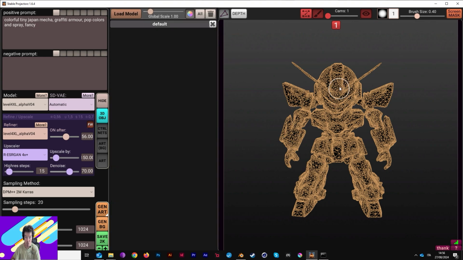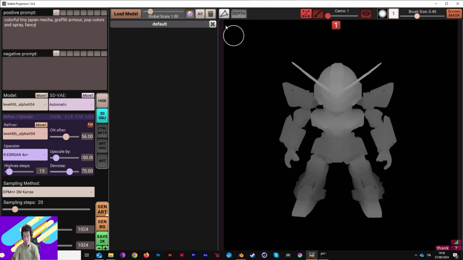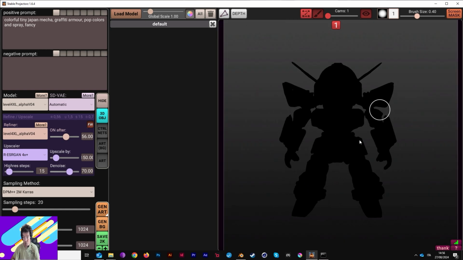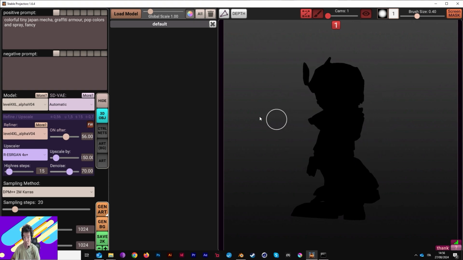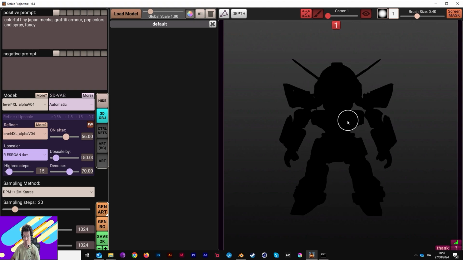I have my object, and here is the very tricky and useful part. This program will texture your model from the view. So from this point of view there will be a texture, and in the back you will see nothing. So the right way to do something complete and to shade every part of your model, you have to